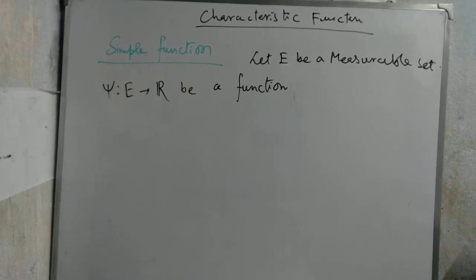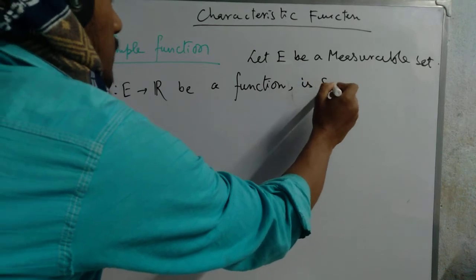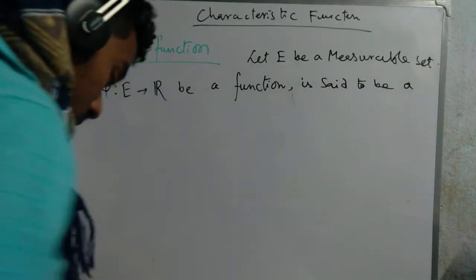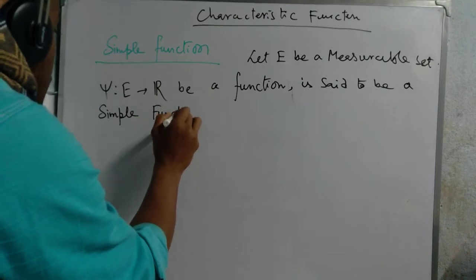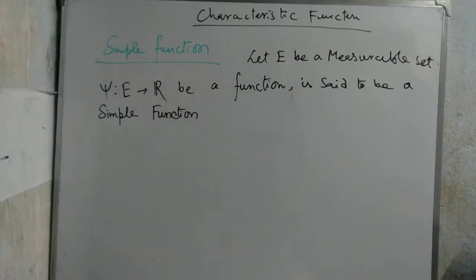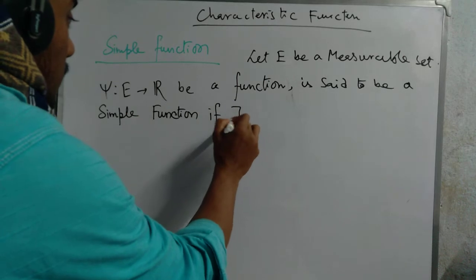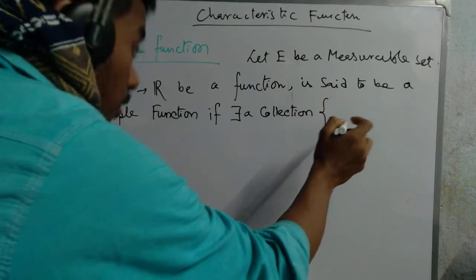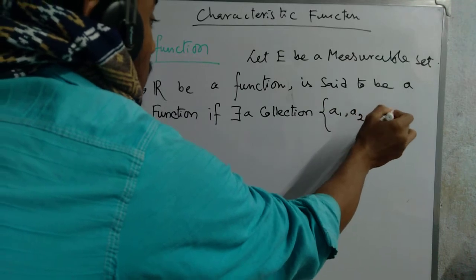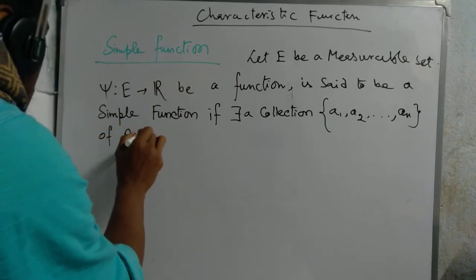Then psi from A to R is a function, and it is said to be a simple function if there exists a collection a1, a2, ..., an of real numbers,